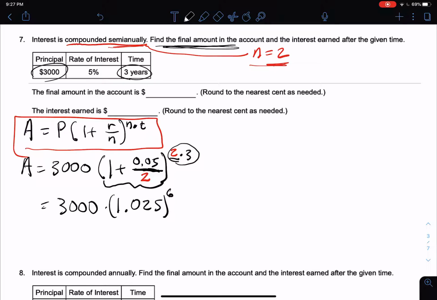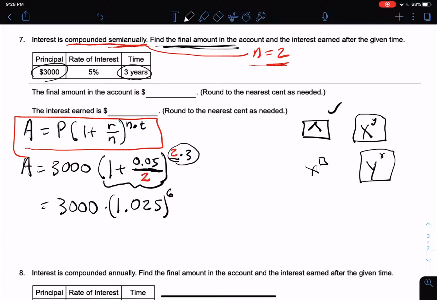So the next thing you need to do is get a calculator that can do the 6th power, and very often on that calculator you would use the caret key for exponents, or the x to the y key button, or some calculators have a y to the x key button. It depends on the maker of that calculator. Some of the new ones have little keys that might have an x and then show a little cursor right there. So different calculators do it a different way. This is a little more old school right there, but you need to be able to get to a 6th power. So 1.025 raised to the 6th power, get that value, then multiply it by 3,000,